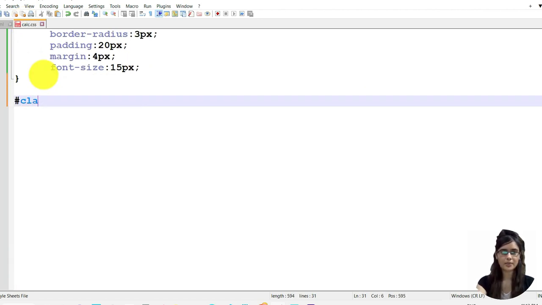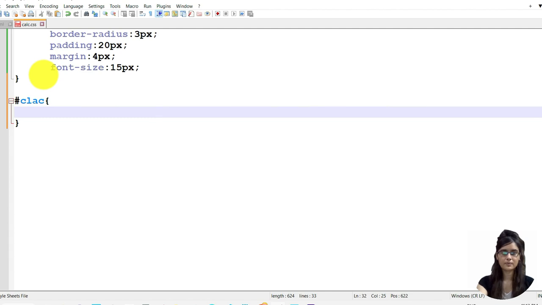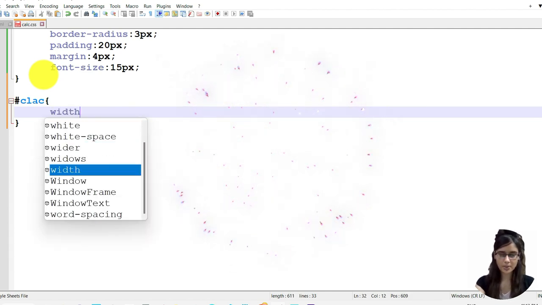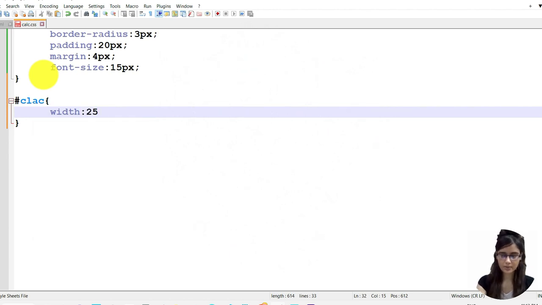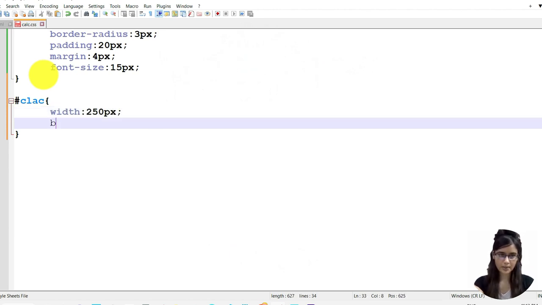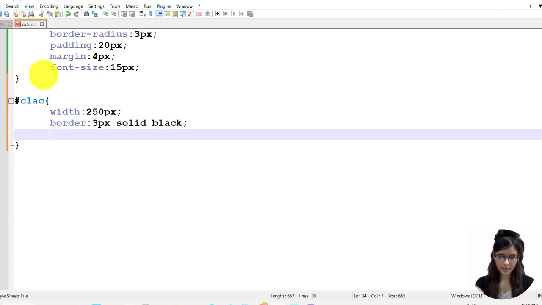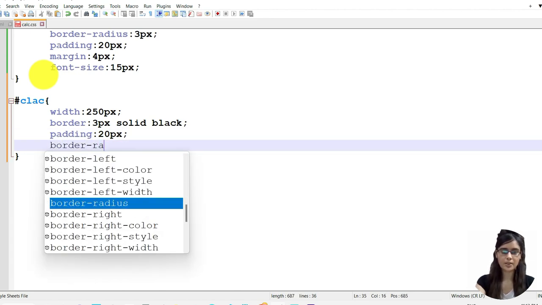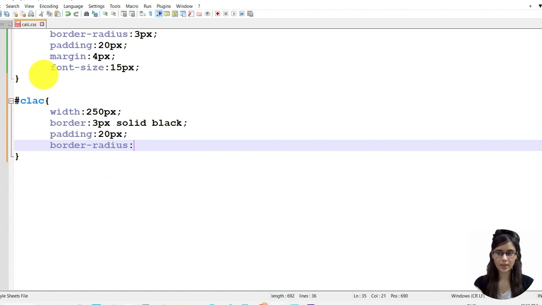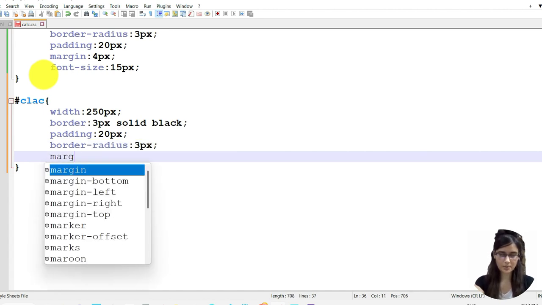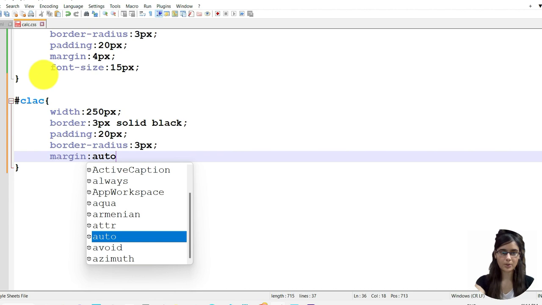So here we have this button. Its width is suppose 250 pixel, its border is 3 pixel solid black, padding 20 pixel, border radius 3 pixel, margin is auto.